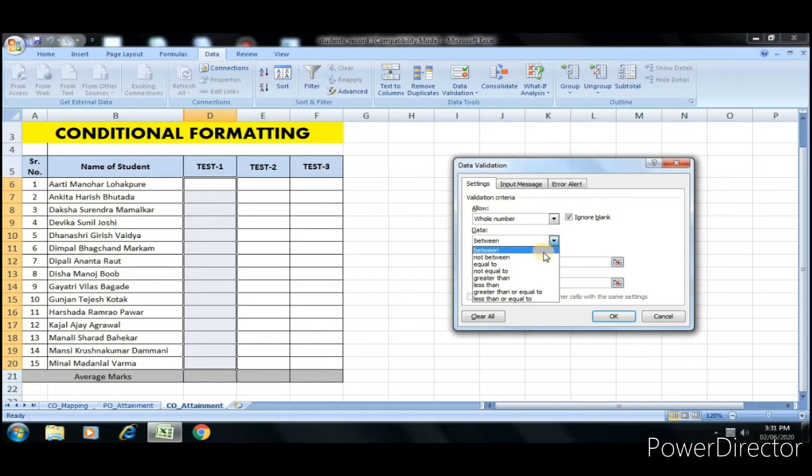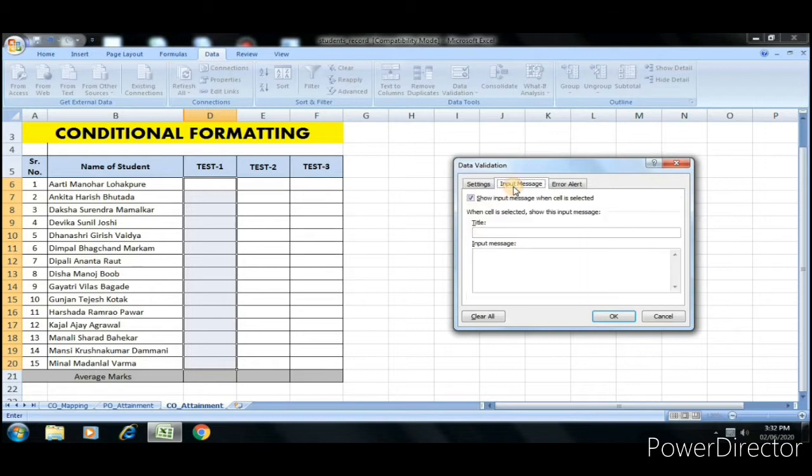Again we can select the condition: between, not between, equal to, not equal to, greater than, less than, greater than or equal to, less than or equal to. The test marks must be between 0 and 100, that is minimum to maximum. If the test is for 100 marks, then the minimum may be 0 and the maximum may be 100.